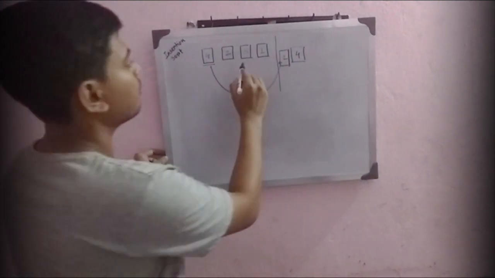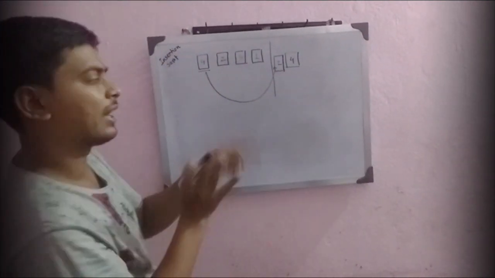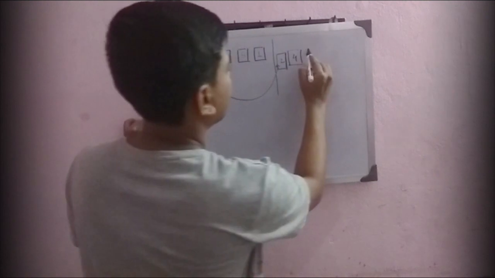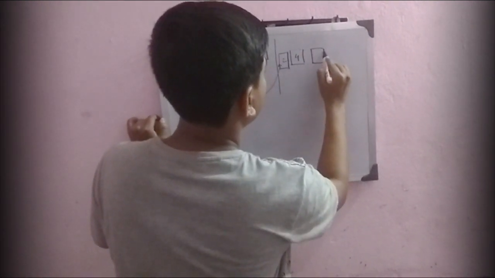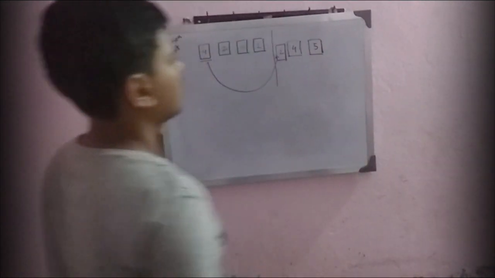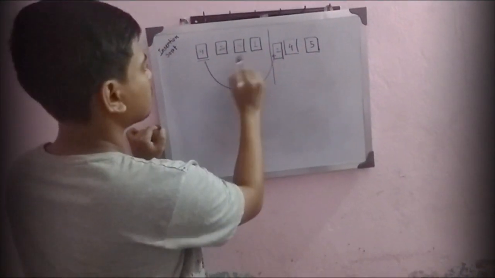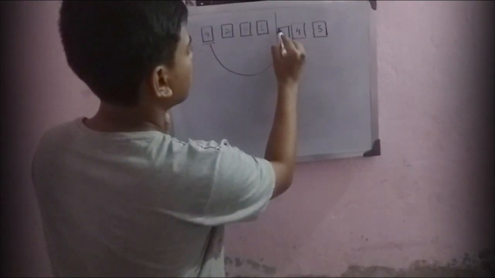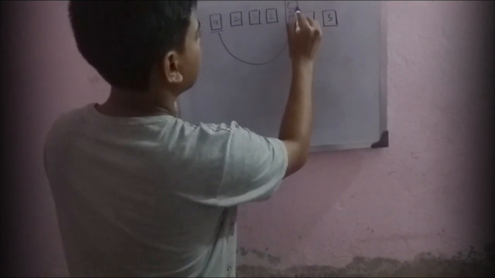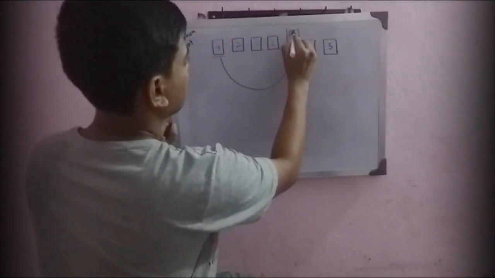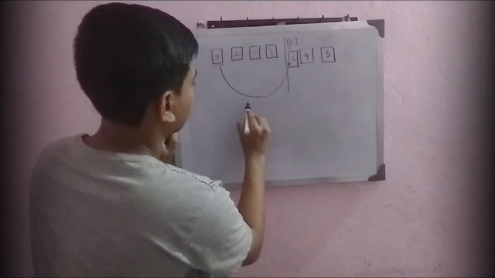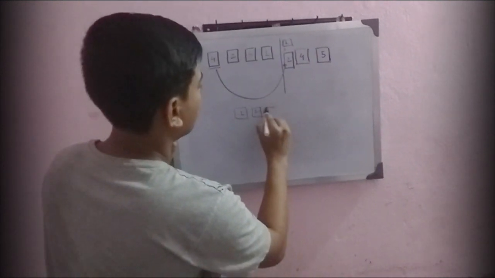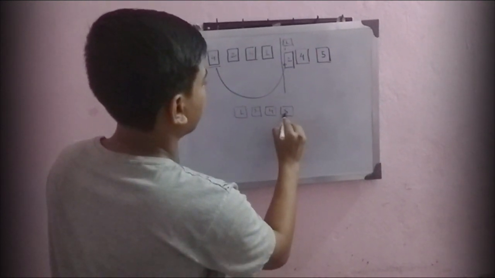And in the third iteration, when we move 5 here, we again do comparison. So 5 is greater than 2, then 5 is greater than 4, so 5 stays here, and then 1. So when you move 1 here, 1 is less than 2, so 1 gets the first place. So the sorted array is 1, 2, 4, 5.